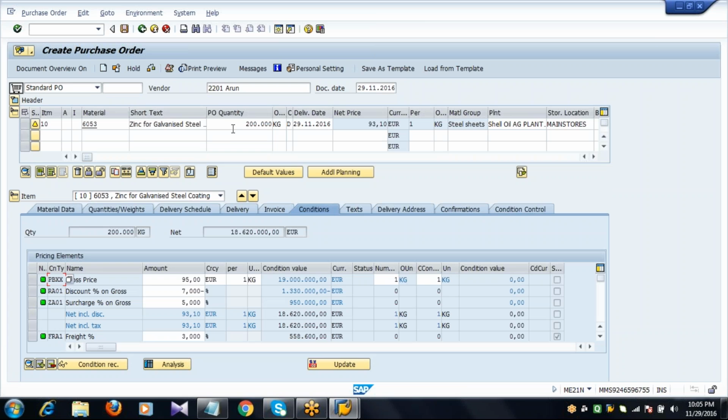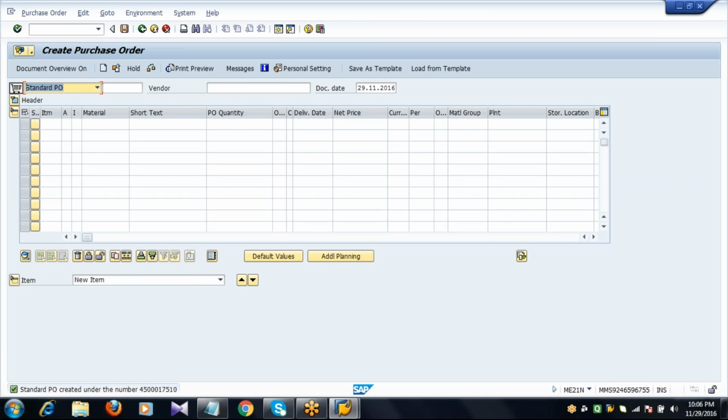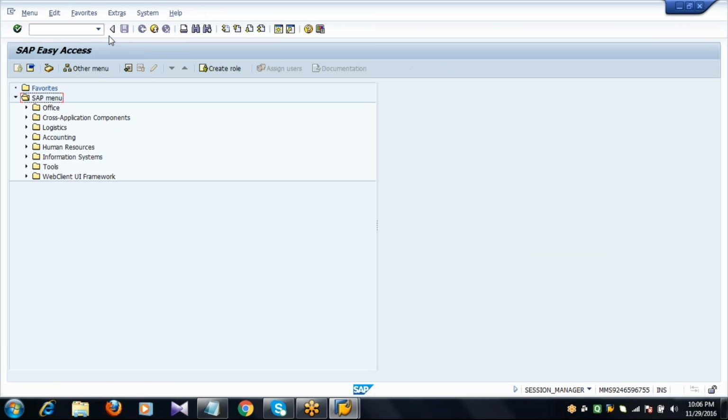For this vendor I will allocate the maximum quantity, 2 lakh kgs. Now I will save it. So purchase order is created for this vendor. At a time I created an order for 2 lakh kgs of the material.